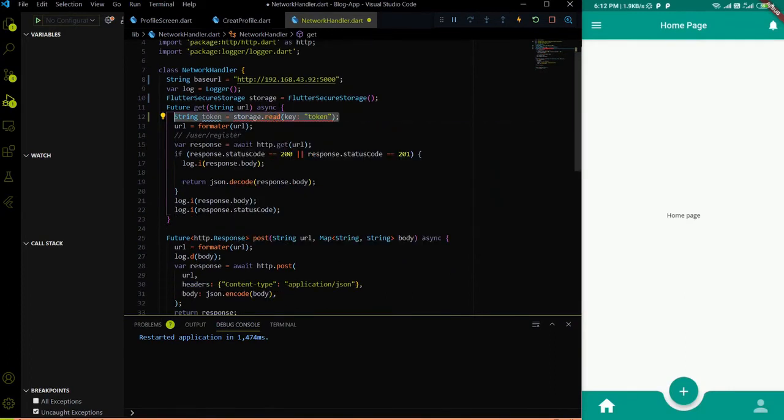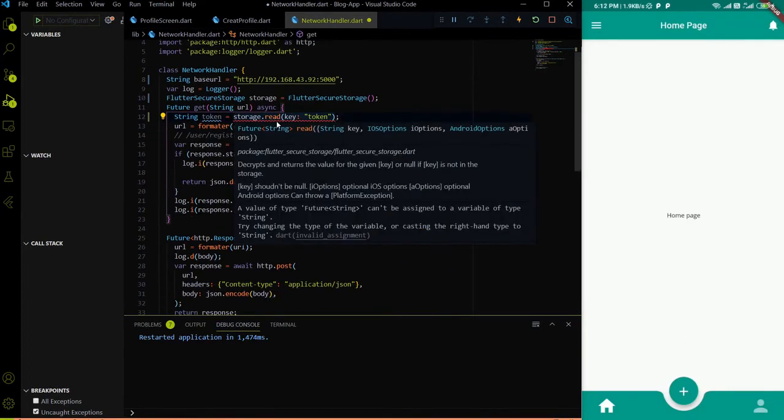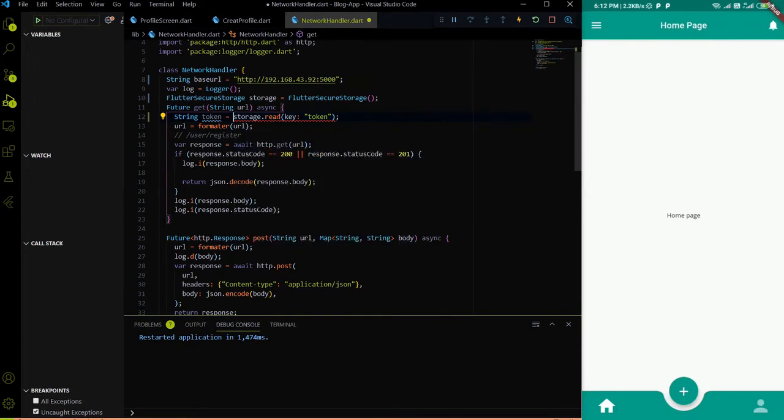So with help of this we will get the token which we stored during the sign in and sign up. First we had to add an await, because it's a future type, because we are performing an IO operation. So in the token we get back the token which we stored into the secure storage, and we have to pass the token into the header.